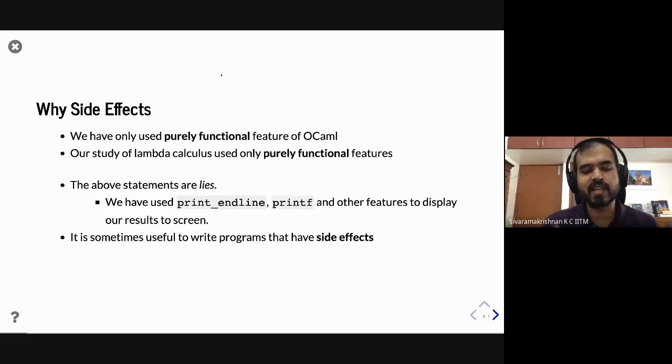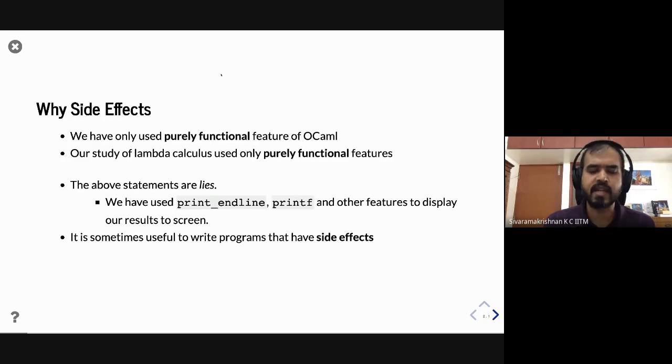These are all side effects. These are features that are not captured in the type. The type doesn't tell you a function is going to print, for example. These are known as side effects. There are many side effects, but IO is one kind of side effect that we've already seen. We've not looked at them in detail, what their underlying principles are. But anyway, we've used them